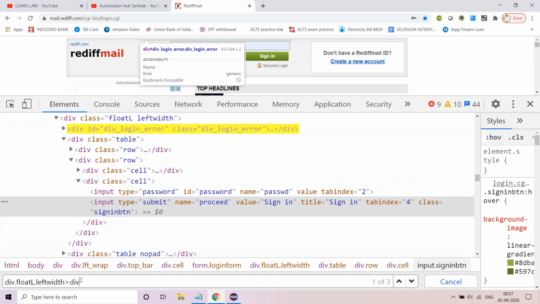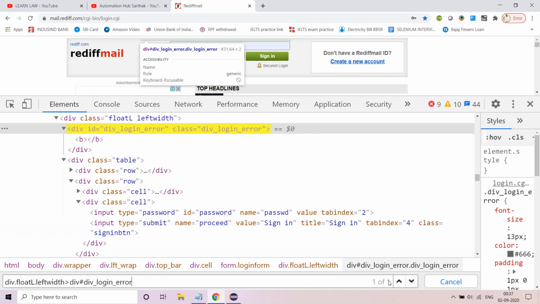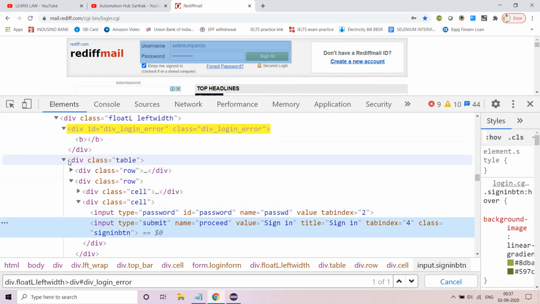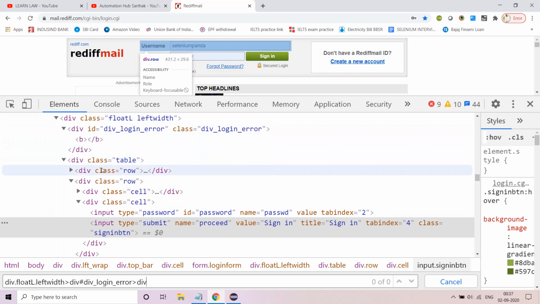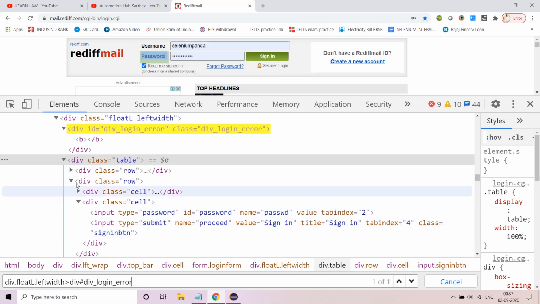Okay, I can come down here, div hash, I have this. So it is one of one. But now somehow from this particular place, coming to the sign in button, I will not be able to traverse because I cannot use nth child to come to this div. So if I use div, it will not work, and even if I use nth minus child, this is not going to work, because from this position it will not come to this. Child is only for the parent, it's not between siblings. So as of now, this is not going to work. So what should I do? I want to come here.